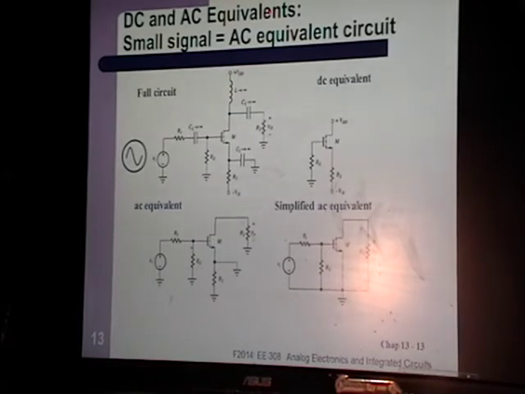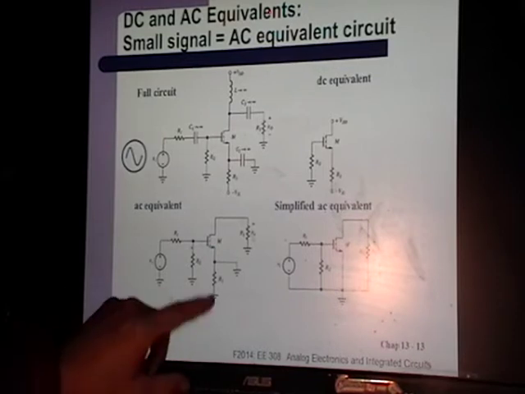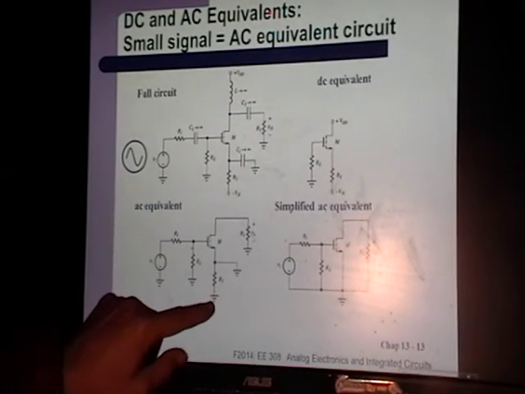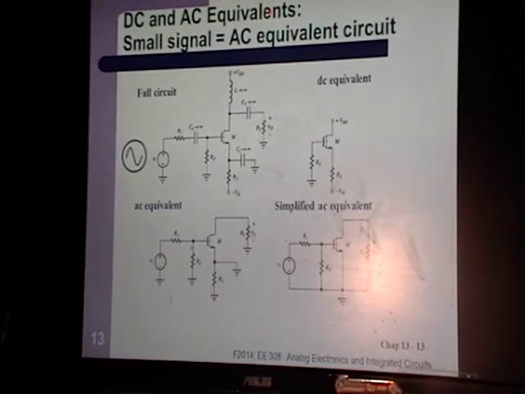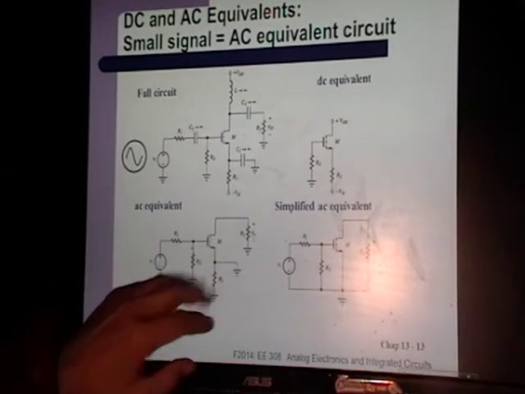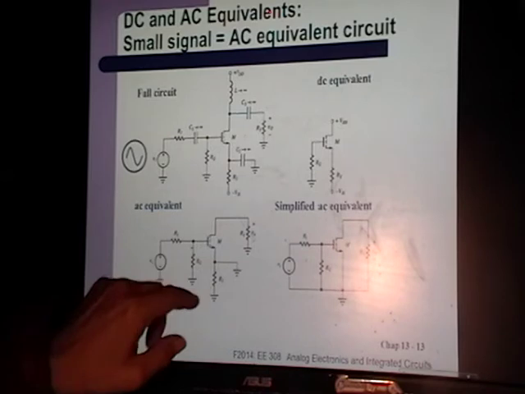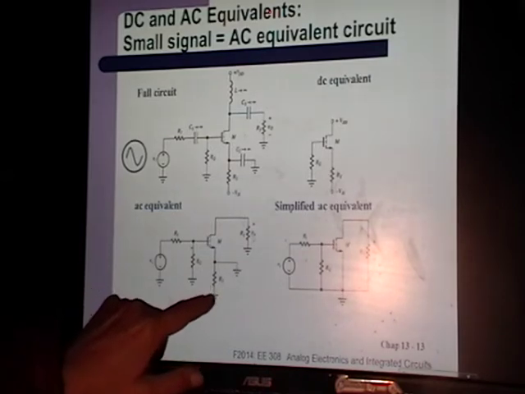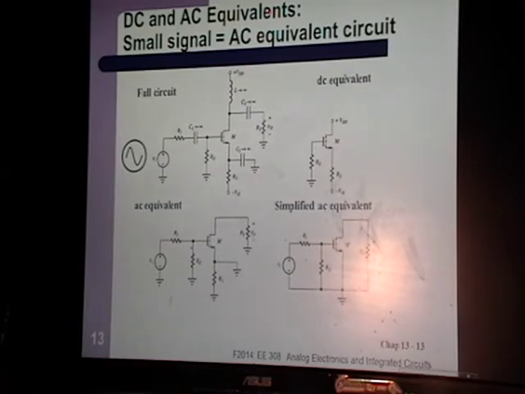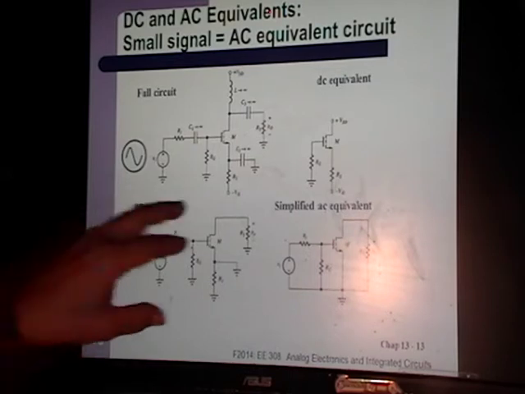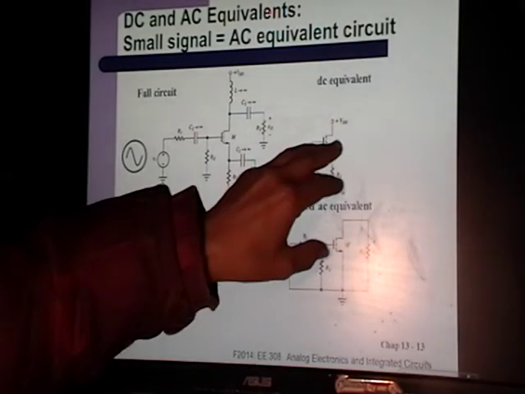Notice maybe a couple things here, that this minus VSS has become a ground. This is from the book, and if you're looking at the AC equivalent, it depends how you define AC equivalent, but what you'll see is, let me go back a step. Now that you have the AC equivalent plus the DC equivalent,